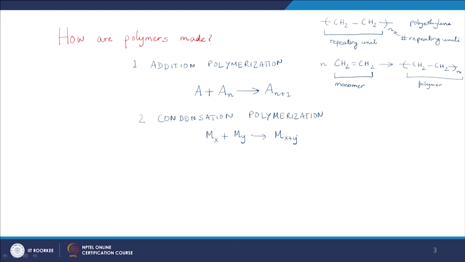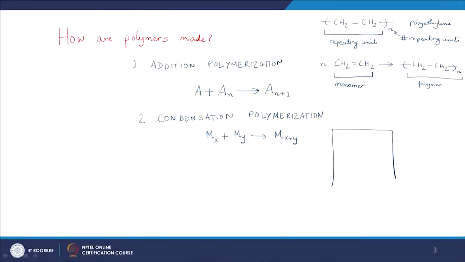So in the first case, we always require a monomer to react. So a monomer reacts with a growing chain and forms a bigger chain. In the condensation case, the two chains are already grown, they react and form a larger chain. Okay. So in both these cases,